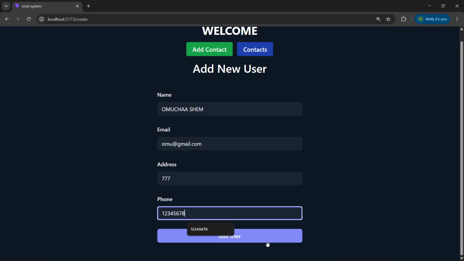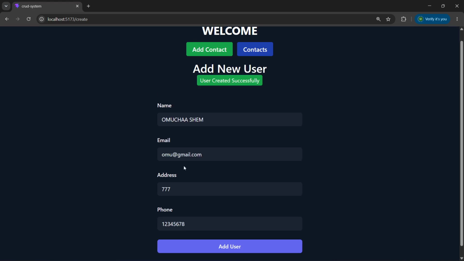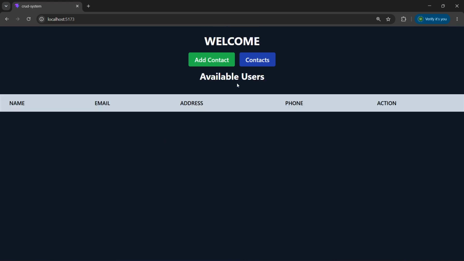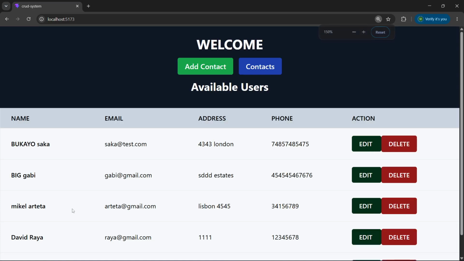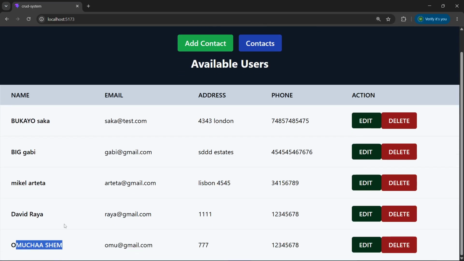And then when we click on add user, you can see a user created successfully message pops out. And then our new user has been registered below here. I don't know if you can see. Let me scroll down. You can see Omucha Shem has been registered below here with the email, address, phone, and